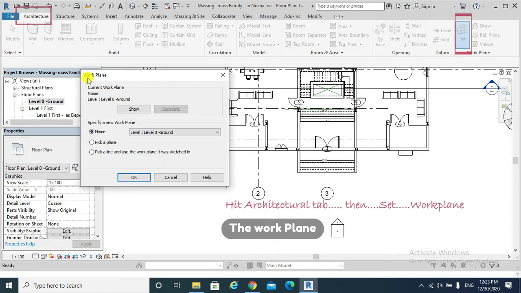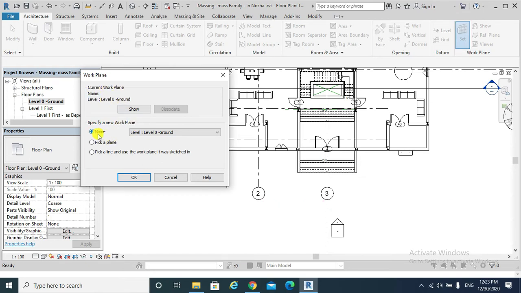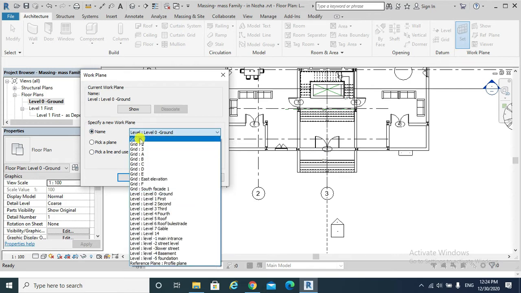Revit is asking me, specify a new work plane. This is your current work plane, which is ground level. Do you want to specify it by name, or by picking a plane, or by pick a line and use the work plane it was sketched in? I would choose that option by name. These are the grids and levels I have created at the beginning of my project. So I would choose grid South Facade 1